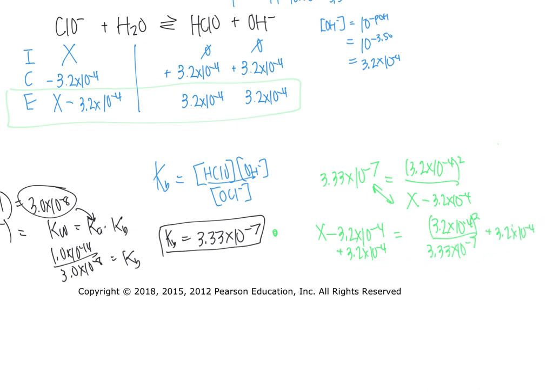After we do that, this crosses out, and we get x equals, so we will just do that math. Literally just 3.2 times 10 to the negative 4 squared divided by 3.33 times 10 to the negative 7, plus 3.2 times 10 to the negative 4, and you get